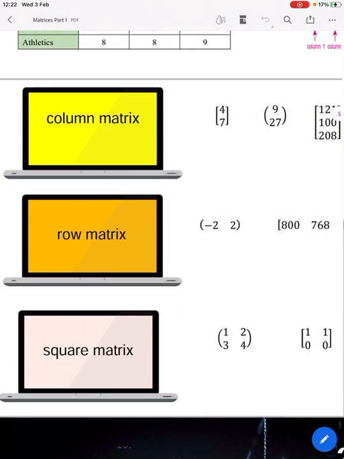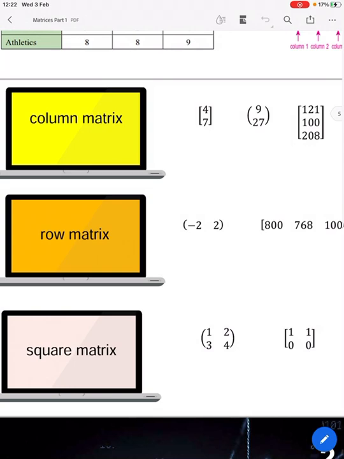Next, the square matrix. Square matrix, what does it mean by square? Is when you have a rectangle with equal length and width. So meaning you have the same number of columns and rows. Okay, a rectangular matrix with the same number of rows and columns, we call it a square matrix. Good. Okay, so let's move on